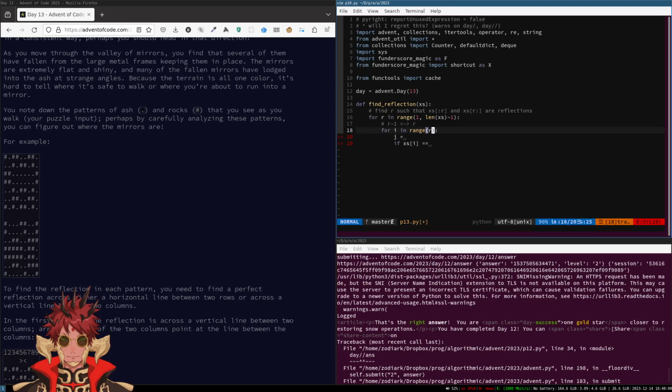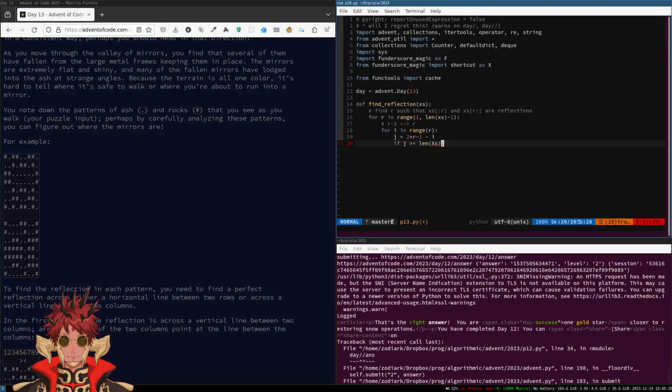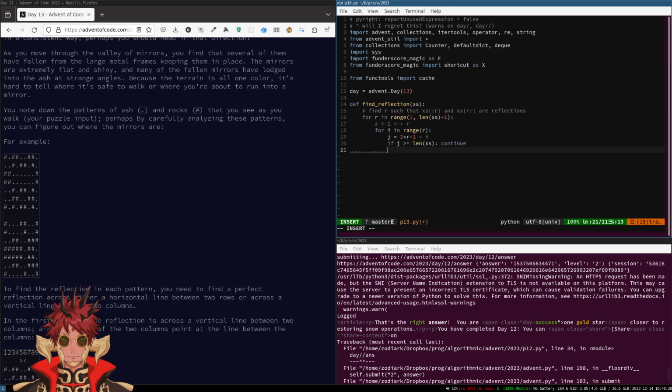Yeah, so it's 2r minus 1. So I and j reflect to each other if j is greater than or equal to, it's out of bounds, we don't need to match it, otherwise it's just gonna match it. If excess I equals